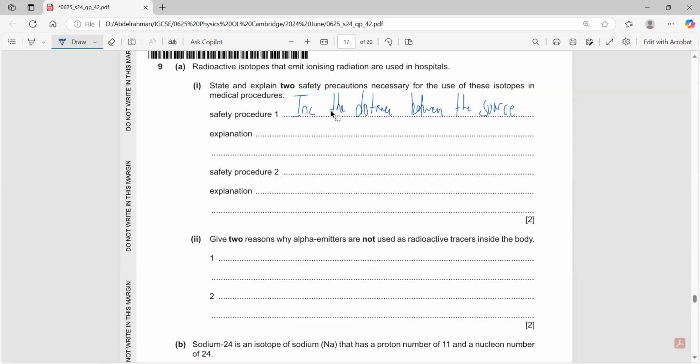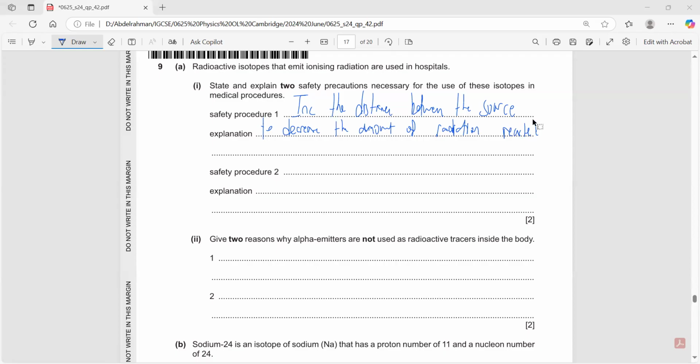Why should you increase the distance between you and the source? To decrease the amount of radiation reached. Safety precaution two, another very famous safety precaution,